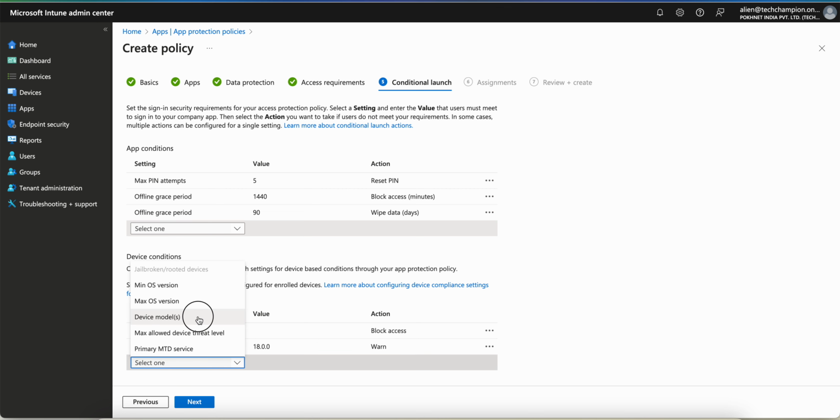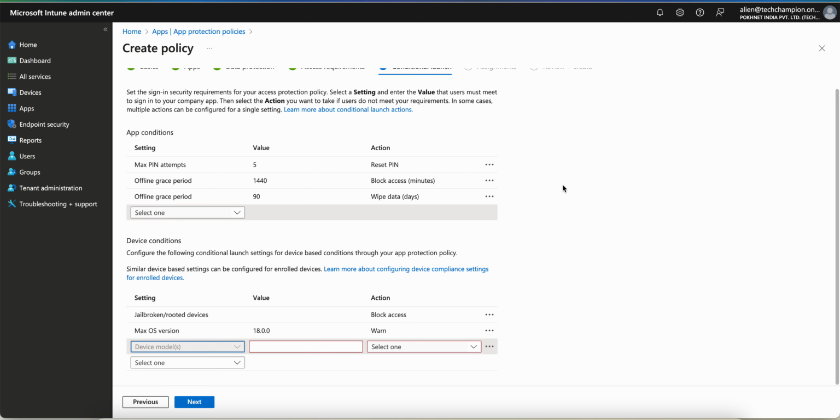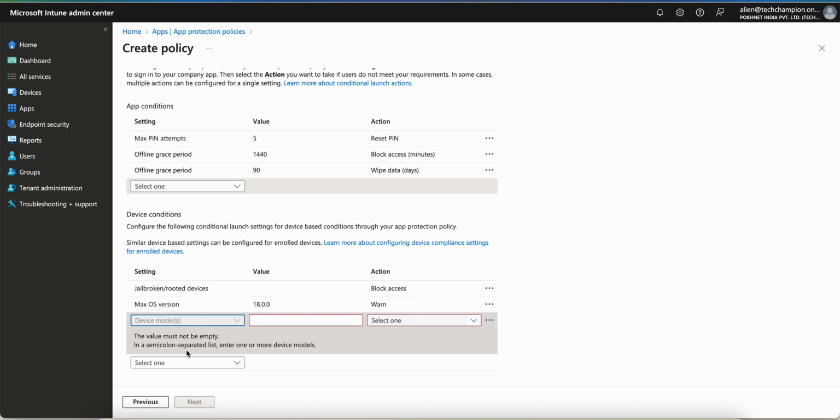Now, the interesting thing is device models. This is what I want to show you in this video. The whole video is made for this one, device model. The value must not be empty. In a semicolon separated list, enter one or more device models. So in the device model, what do you want? You want to block the non-specified, or you want to allow non-specified. I want to allow specified or block. So I'm just selecting block, and I will put